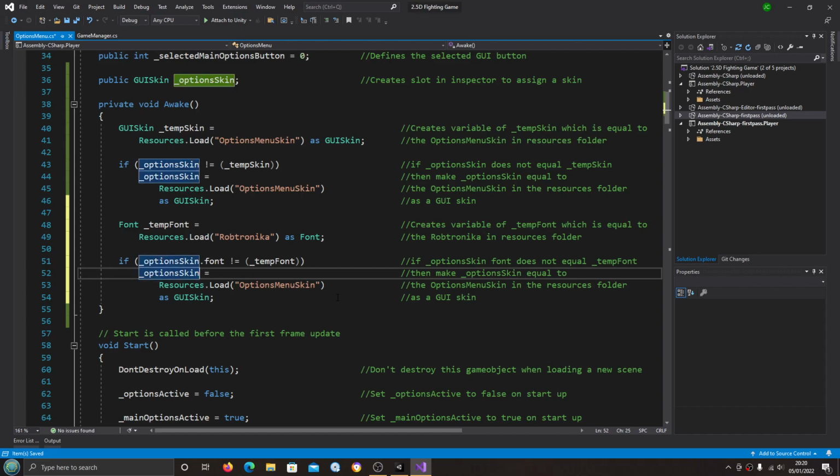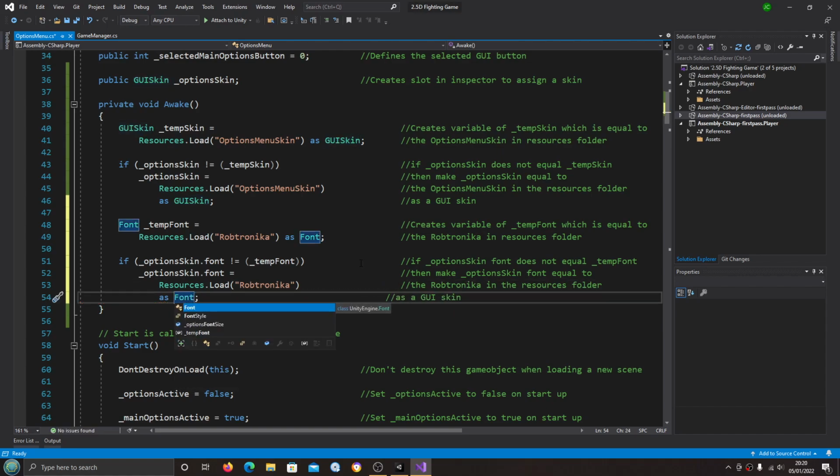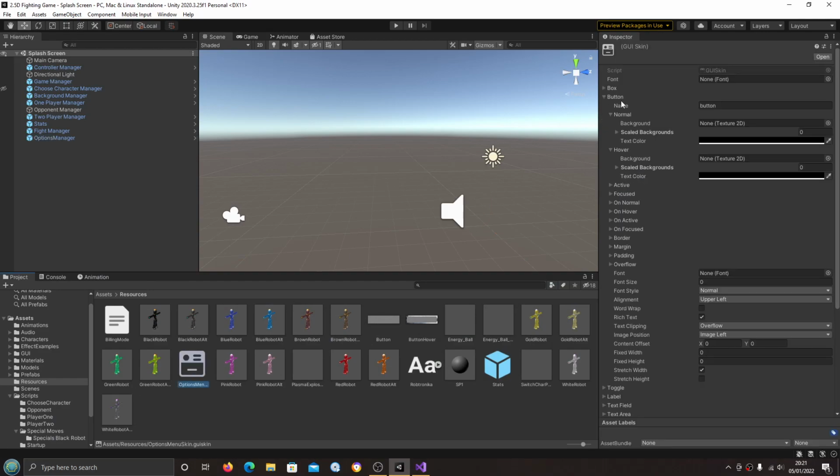Then we're going to say again option skin, but we want to add the dot font equal to, so this needs to be Robtronica, and again as a font. So that will assign a font here,